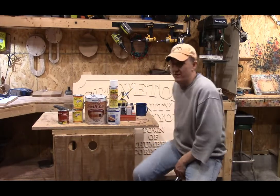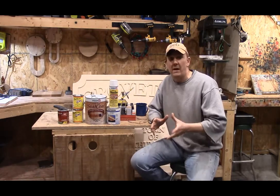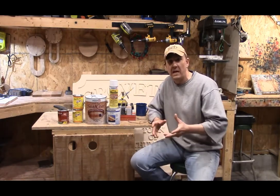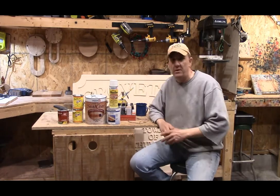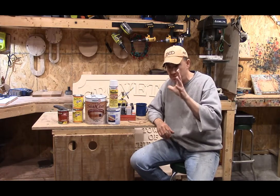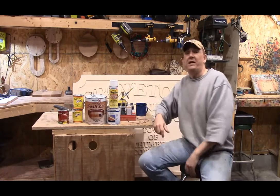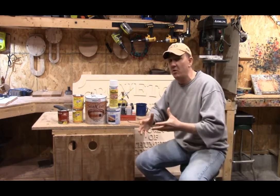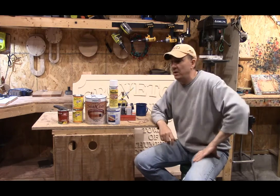Well, what we have for you today, let me readjust my chair here. We've made it through the fabrication end of our big town sign. We've got one full unit behind us together. I'm still going to run one of the 2.5 dimensional sides, which will be done this week as well. But thank you all for your patience. We had to release chunks of video throughout the week. We finally made it to this Sunday's blog, and this one is going to be the finishing end of this